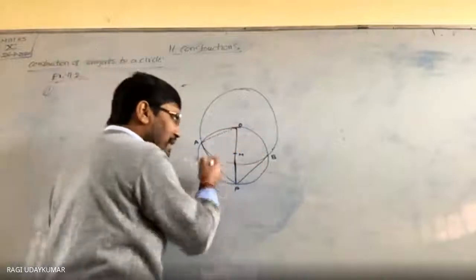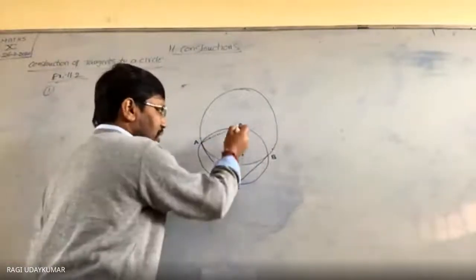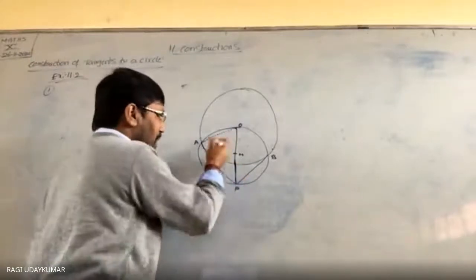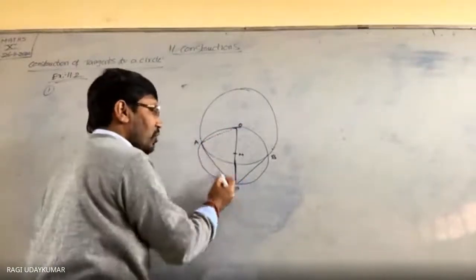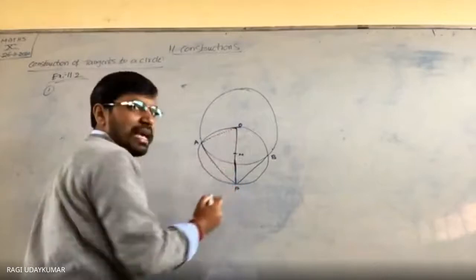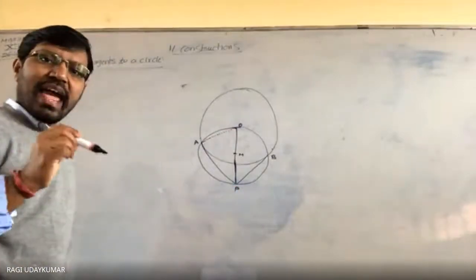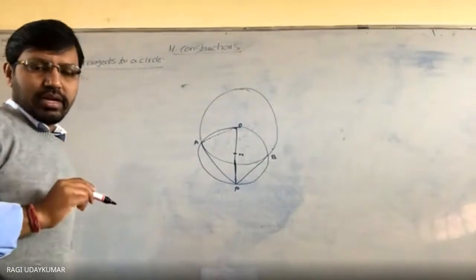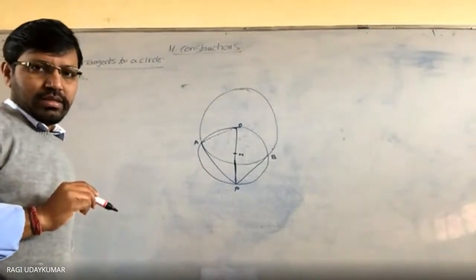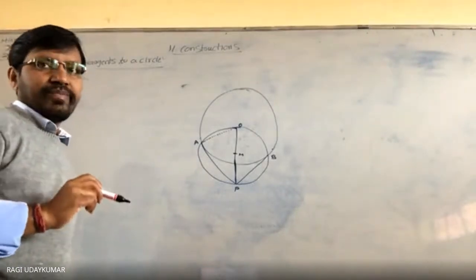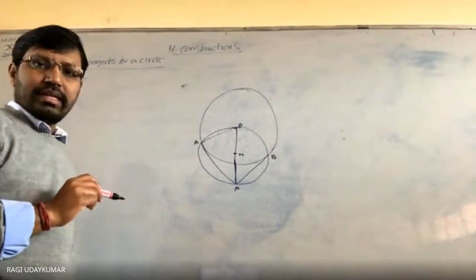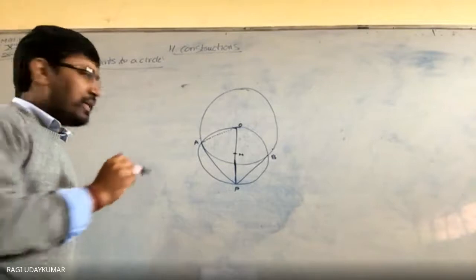Yes, sir. But if you take this circle as the smaller circle, you take into consideration this OP, which is the diameter. So this is the angle in a semicircle. AP is an angle in a semicircle, and you know that the angle in a semicircle is 90 degrees. In the 9th class you learned the angle in a semicircle. The angle in a semicircle is 90 degrees. Isn't it? So this is 90 degrees.